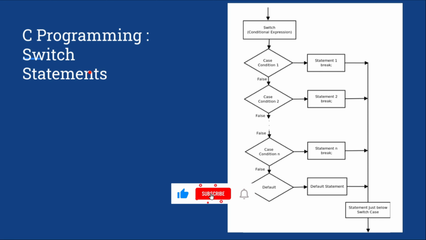And let's start with the switch statements. This is another selection statement in C programming, and it is very important. We need to understand where we can use the switch statement. In the switch statement we have different cases with labels. With the labels we have a selection condition, or you can say an expression, and based upon that expression we match with the case.